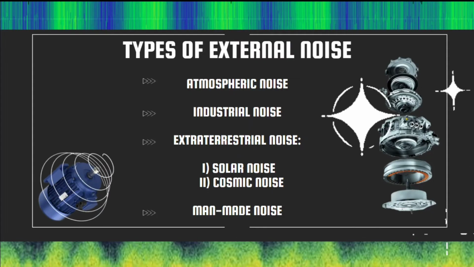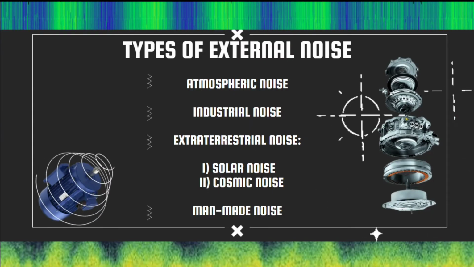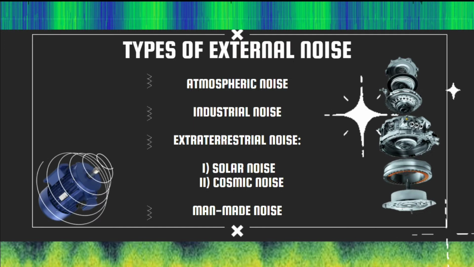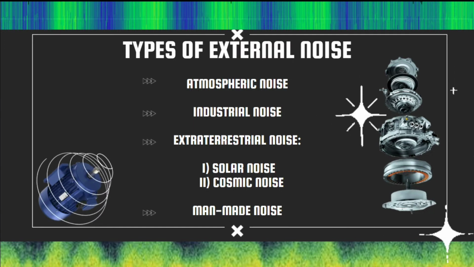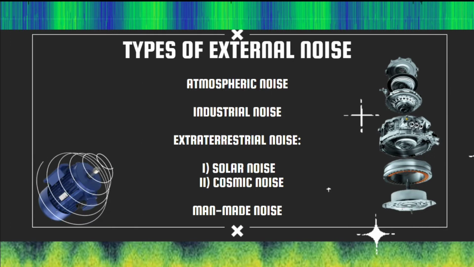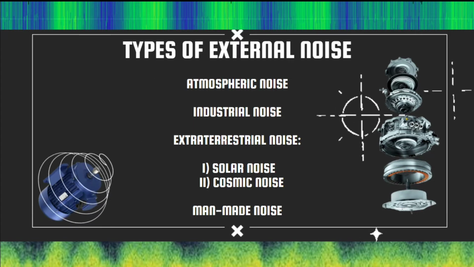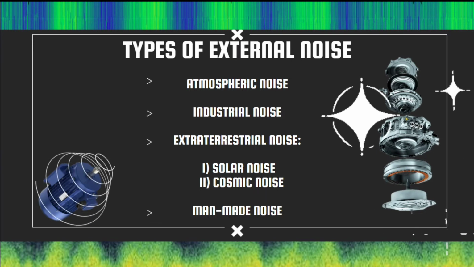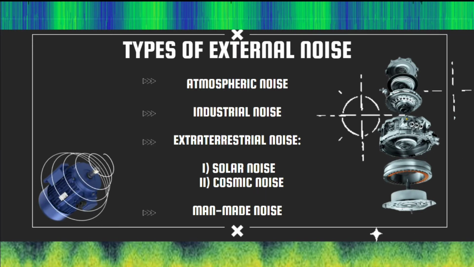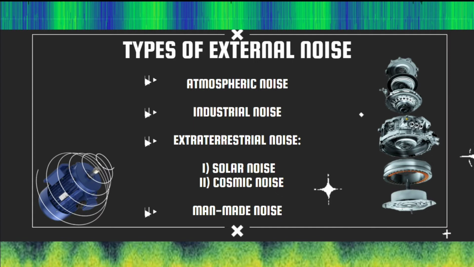So next, we have types of external noise. External noise is defined as the type of noise which is generally external to the communication system. So they are analyzed qualitatively. Now, external noise may be classified as, first, atmospheric noise, also known as static noise, which is a natural source of disturbance caused by lightning, discharge in thunderstorms, and the natural disturbances occurring in nature.